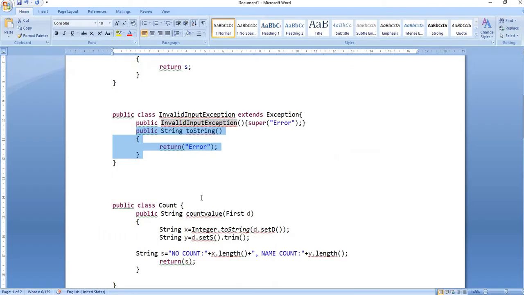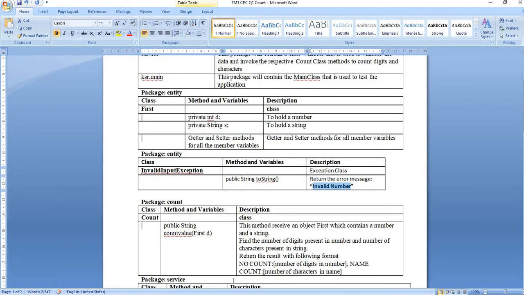Now the second thing we have to do here is call upon the public String toString(). So let us do it.